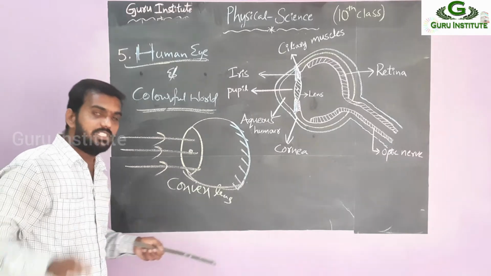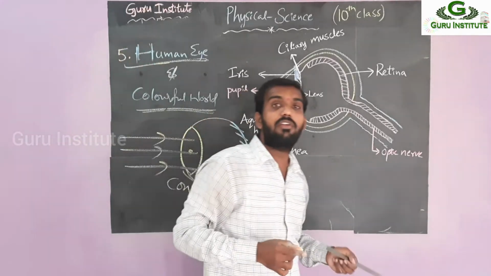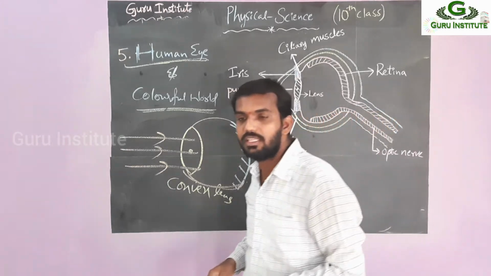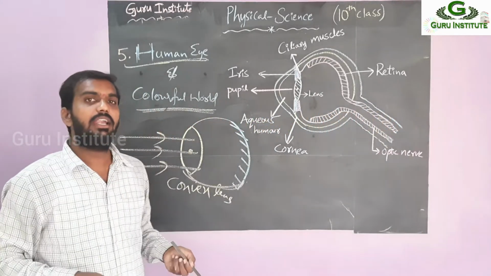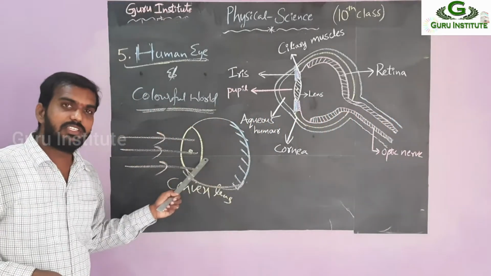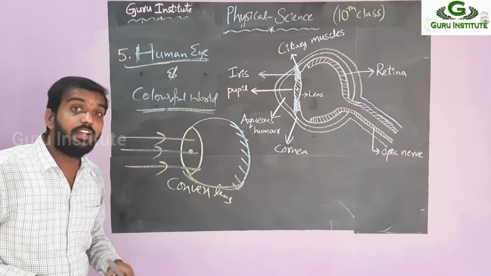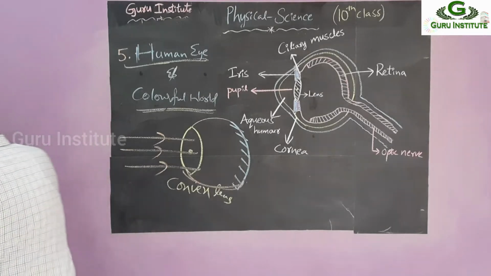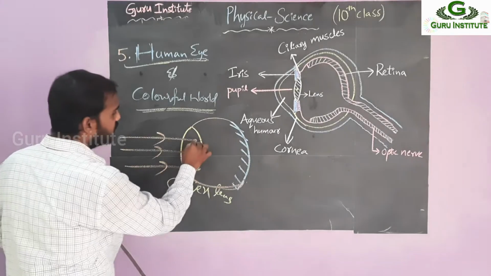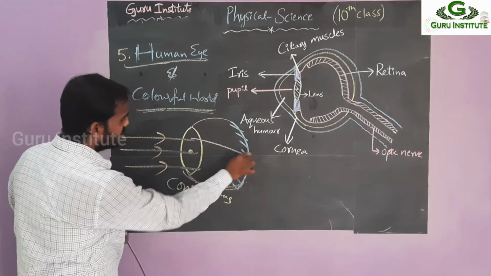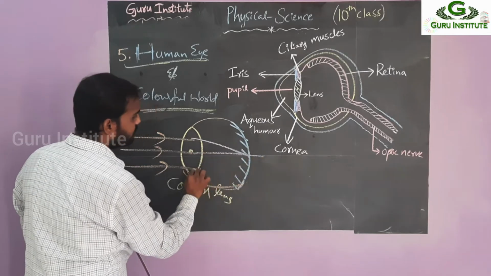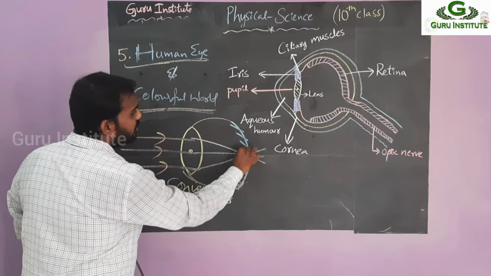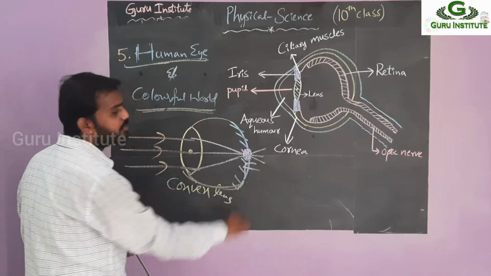then what is the? Just remember about the convex lens ray diagram. Whenever a pair of rays enter into convex lens, what will happen? They will merge, and after refraction, they will meet at a point. They will meet at a focus point. Like that only here also. After this one, they will meet at some point. Just see here. So after this one, they will meet like this. So they are met at this point. So this is only focus point.